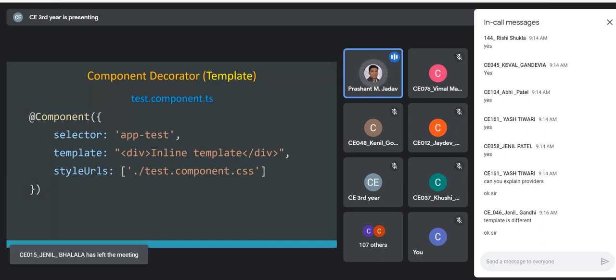So here within the template, you have a simple div. You can replace it with H1, H2, whatever you want. And this is a single line HTML.